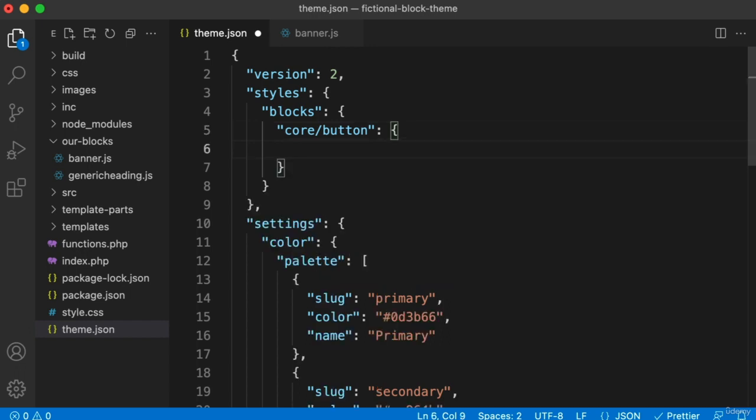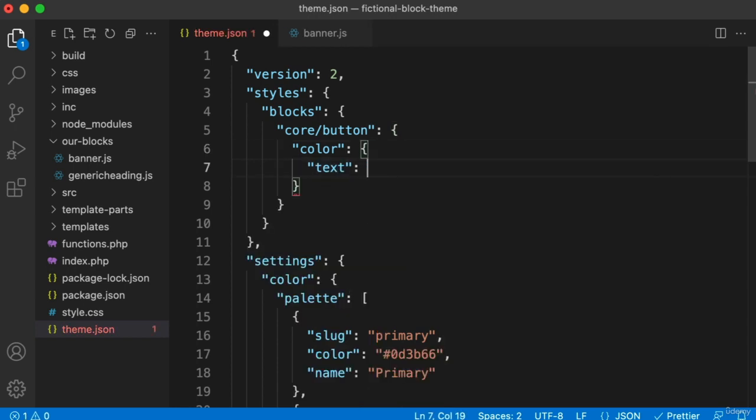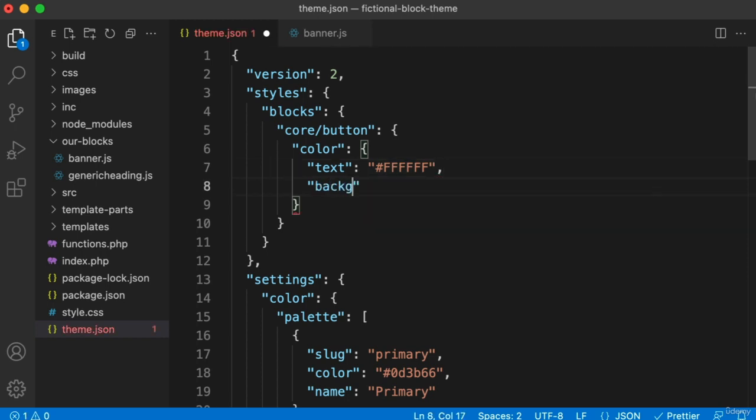Now, in this object, let's drop down and let's have a property called color, colon, curly brackets. And now we'll have one property called text. And imagine we want the text color to be white, so hashtag, and then 3 Fs or 6 Fs, comma. But now let's set the background color. Now here's where things get interesting. Sure, you could hard code this to a color code value for blue or orange, but what if we want to point towards one of the colors from our palette? For example, let's imagine we want to use the primary blue color, so our primary palette color. You would just say in these quotes, var for variable, parentheses, and then it's